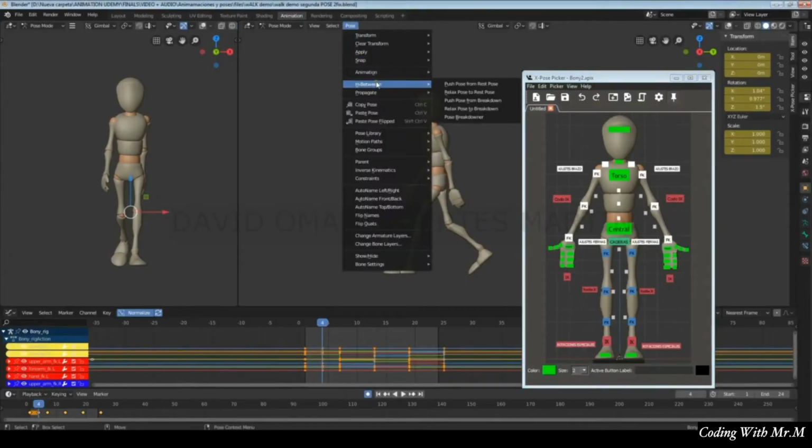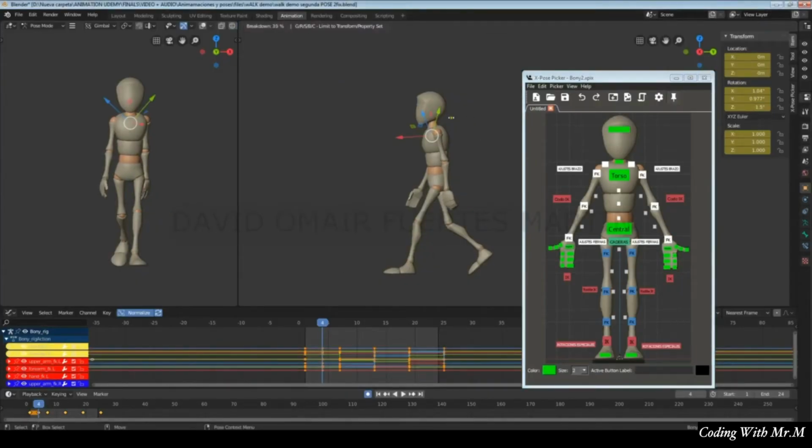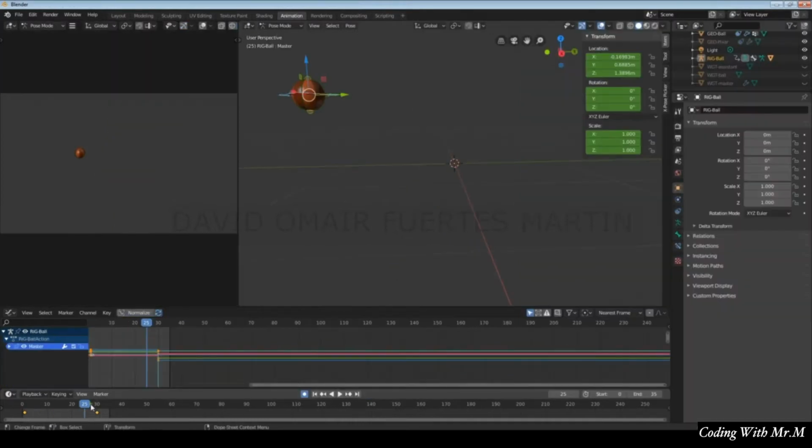Hi, in this class I'm gonna show you what is the breakdowner and how useful it is to animate faster. The breakdowner allows you to create a keyframe with values that are between the previous and the next pose. For example, if we have a ball that goes from point A to point B, and we want to create a keyframe where the ball is in the middle of its movement, we'll go to the frame where we want